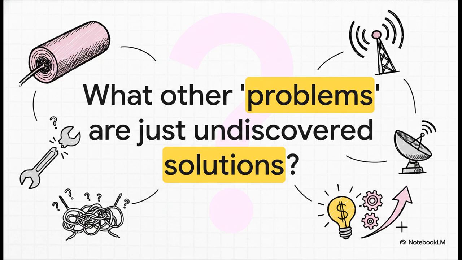And that kind of leaves us with a fascinating final thought. The story of the skin effect is this powerful reminder that in science and in engineering, one person's problem is very often another person's solution. And it really makes you wonder, doesn't it? What other so-called flaws or bugs in the physical world are just sitting there, waiting for the right perspective to become the next brilliant feature?